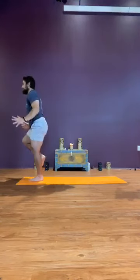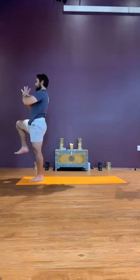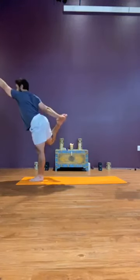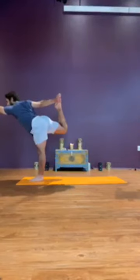Bring hands back to prayer in front of the chest. Inhale, lift the left knee high, preparing for standing bow. Underhand grip on the left foot. Inhale, reach the right arm forward. As you exhale, begin to kick your left leg back as the right arm reaches forward, reaching and kicking in